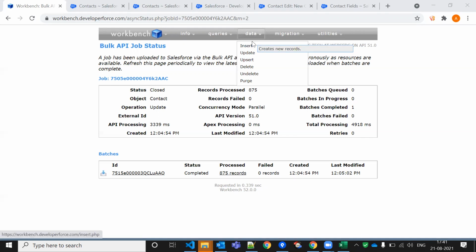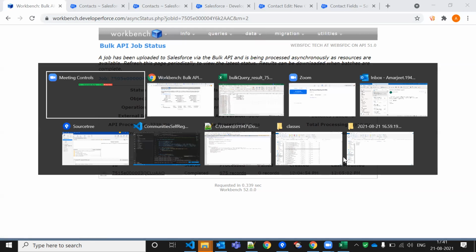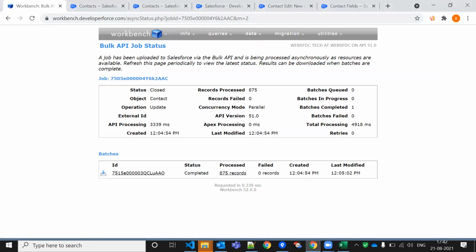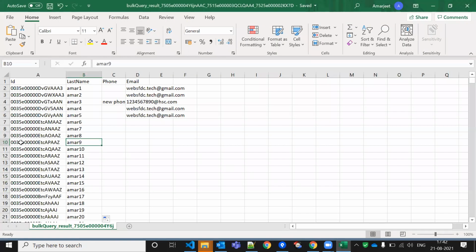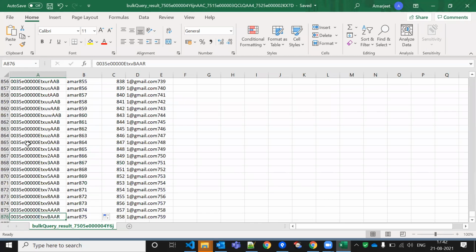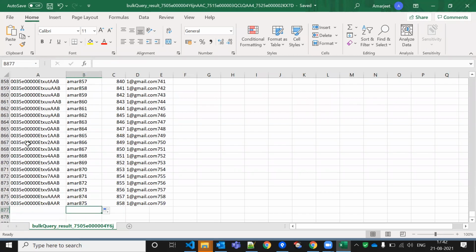So that's why in case of update, we use a unique ID, and against that unique ID we can update the records. Now in case of upsert, suppose I have this Excel sheet with an ID column.